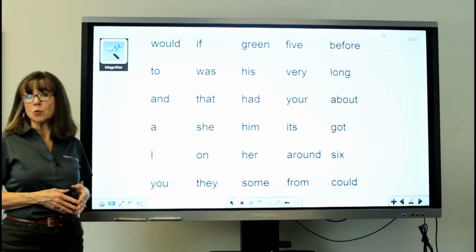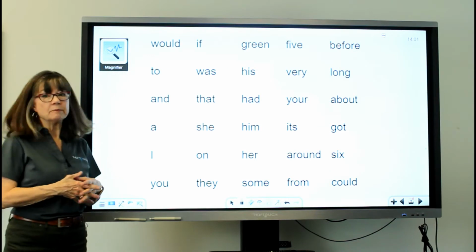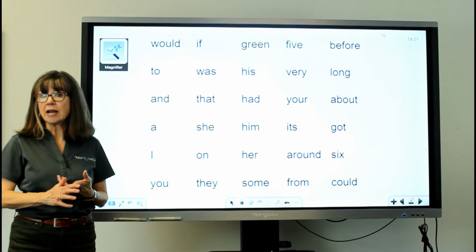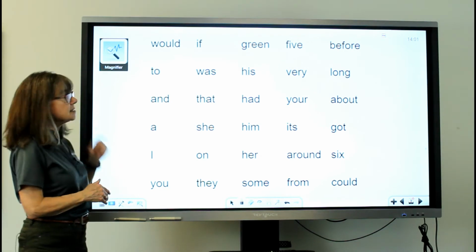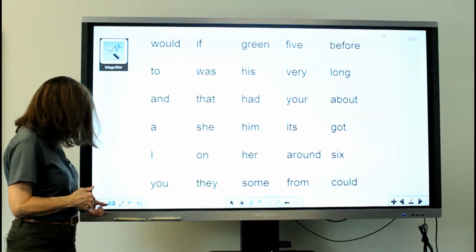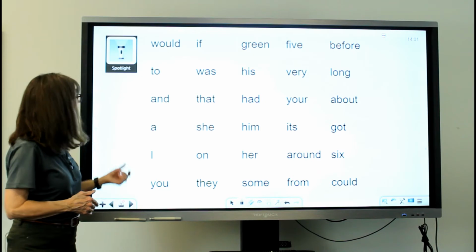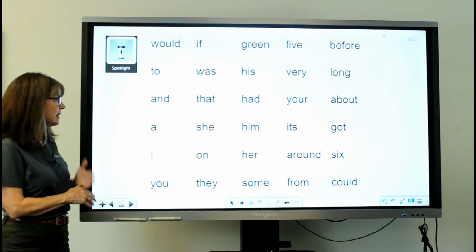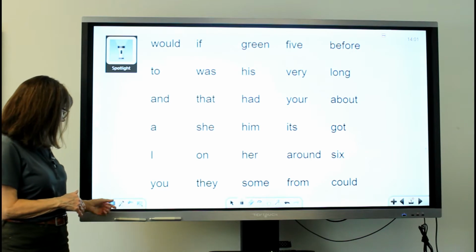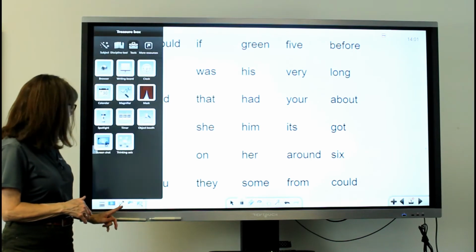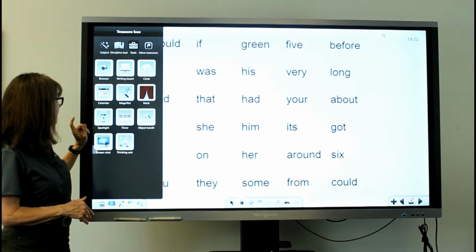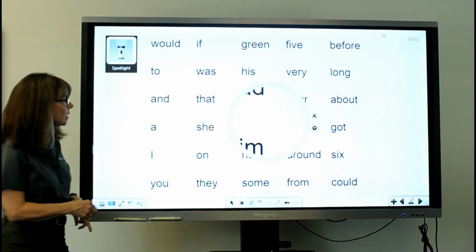So here we have some words. Maybe I want to focus the students on particular ones, and we have two tools that are handy for this. One is a magnifier, and one is the spotlight. So we're going to use both of those in this activity. So looking at the menu and the toolbox, we're going to first look at the magnifier, and as I move